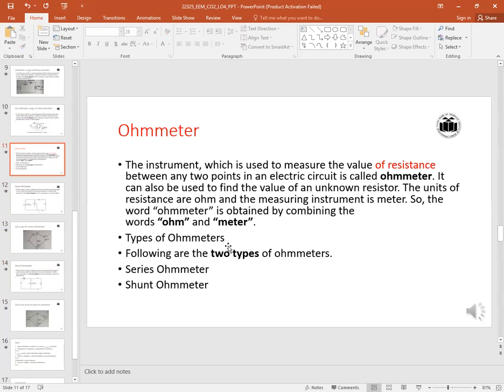So ohm meters are used to measure high values or any range of ohm resistances. Corresponding to the connection of the unknown resistance to be measured, it may be in series or in parallel, or it can be said in the shunt. Corresponding to that, the meters can measure values from 0 to infinity. And therefore, these instruments can be used for